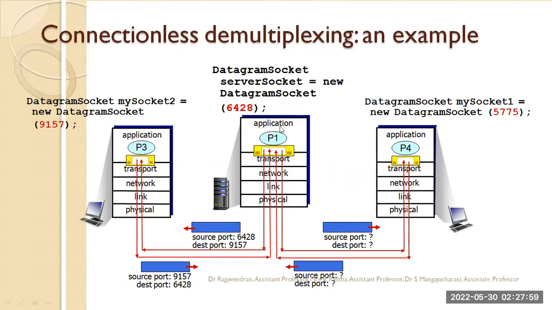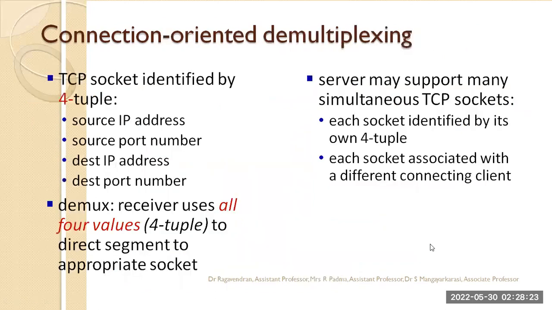So the application layer is sending information to the application layer present in P1, and P1 is reacting to the same information and sending it to P3. In another case, P4 is also requesting information from P1, so P1 is responding to P4 in another layer. So the information is shared with the